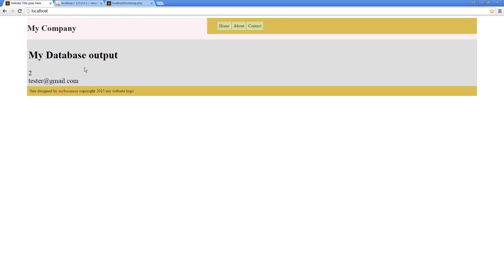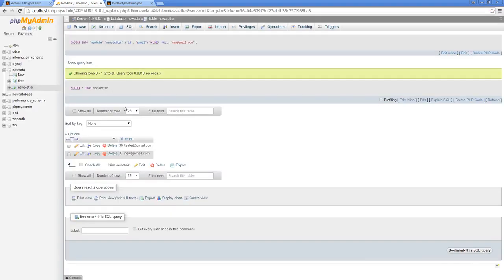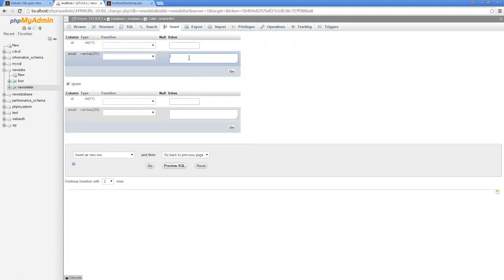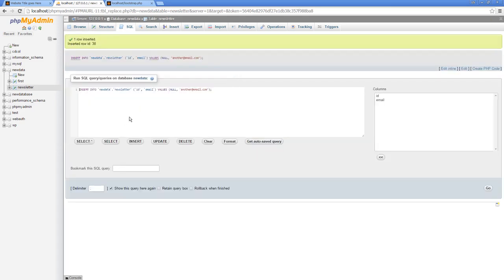So we get our output there, so it's a little bit more visible. Now what we did in the previous one, we had our email, so another at email.com. And we can specify an ID, or we could leave it blank. But if we do specify an ID, then we have to make sure that it's not going to be an existing ID. So that's why it's good to always leave it blank when it's this type of primary key. So from here, I can simply copy that,